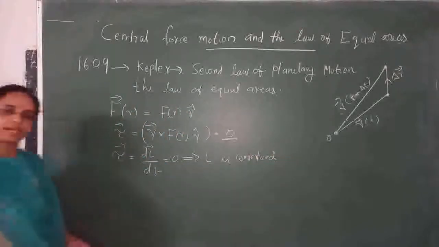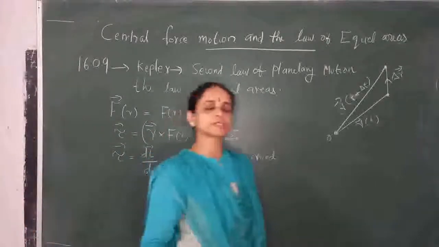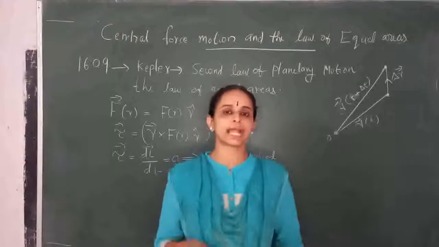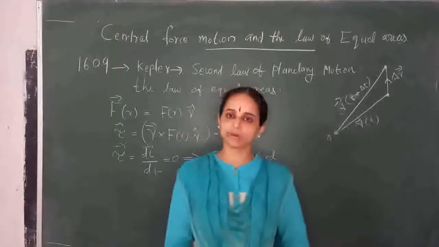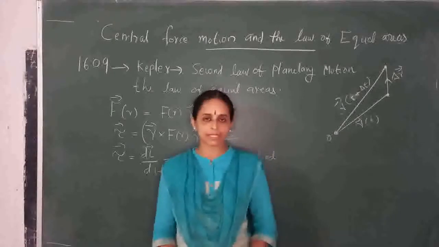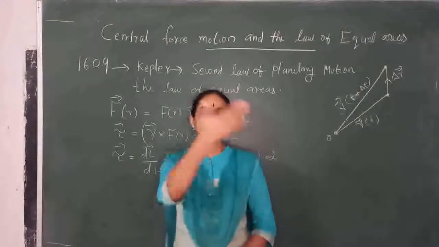So in a central force motion, the torque is 0, so the angular momentum is conserved always. The angular momentum is constant both in magnitude and its direction. So the motion is always in a